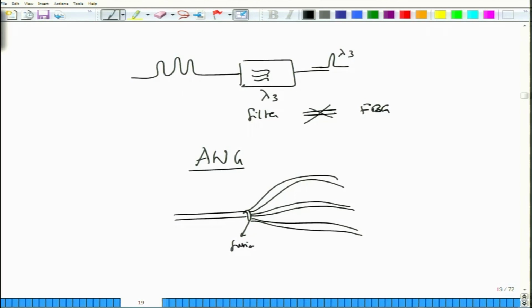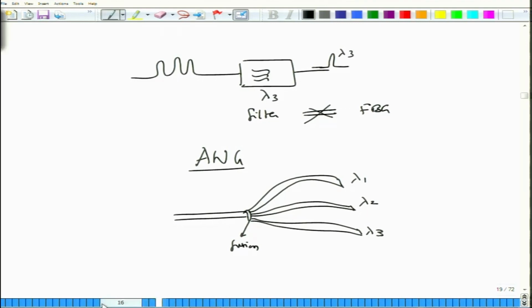So, you actually fuse the input and output using a splicer or some kind of a fusion splicer, and each of these will be at different wavelengths because they will be having a certain orientation and a certain length adjusted accordingly. We will talk about these devices also if time permits. Otherwise, you just have to remember that arrayed waveguide gratings are another way of separating out the different components.